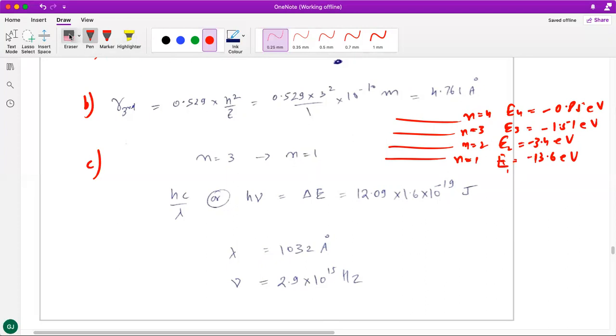So here, for the gap between E3 and E1, I just quickly used these values and did a calculation, and this came out to be 12.09 eV. And because the question is asked in SI units, I converted eV to joules using the conversion factor, and then calculated the frequency. For wavelength I did not convert; I actually used the formula 12400 upon 12.09. Approximately I would have got the same answer, with a little back and forth.